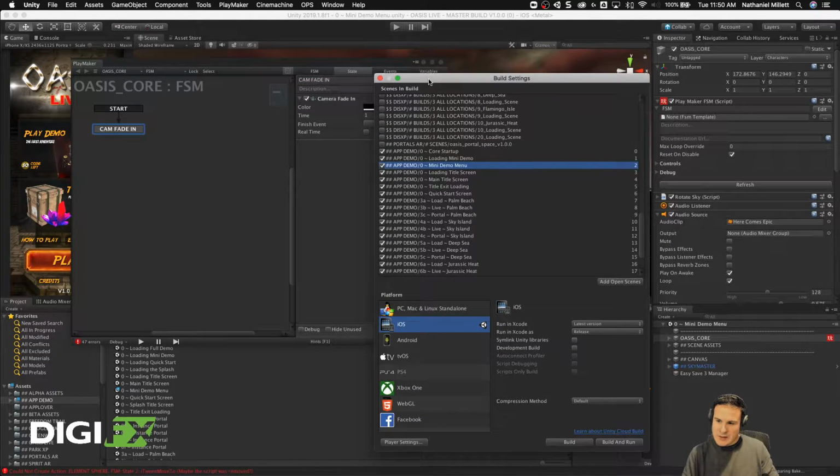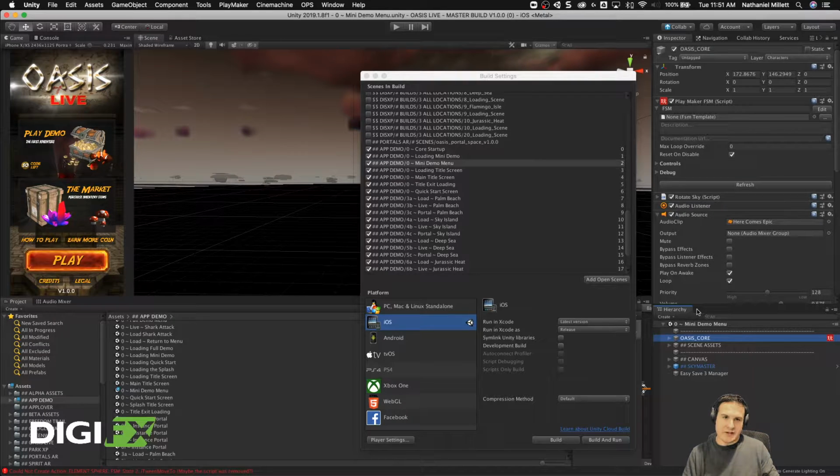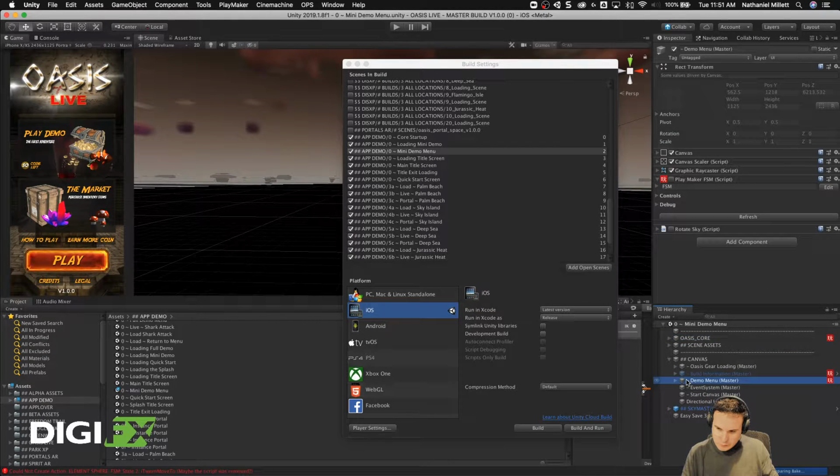So this one is just the Oasis Core FSM here. And FSM stands for Finite State Machine, and I'm pretty sure that is a Playmaker terminology. I don't think that is an industry standard here, but I do know that this button is a canvas element, and I do also know that